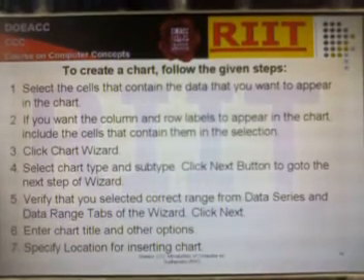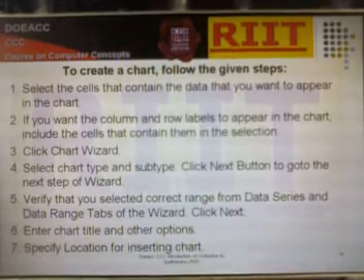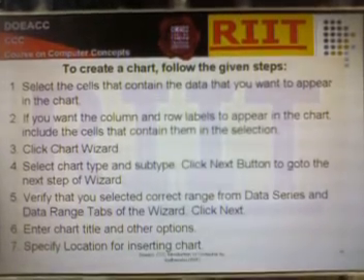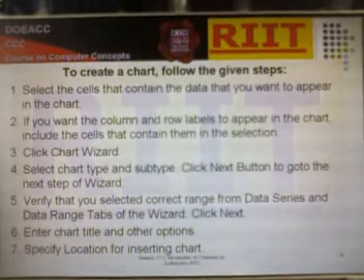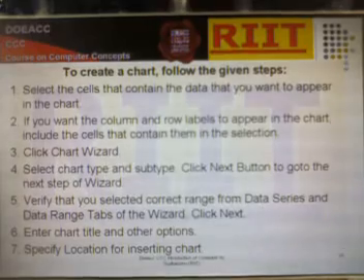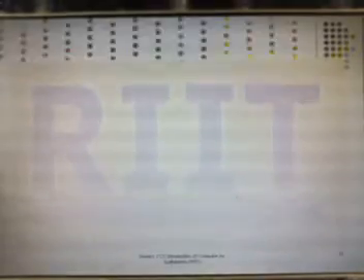Verify that you selected the correct range on the data series and data range tab of the wizard, click next. Enter chart title and other options. Specify location for inserting the chart.